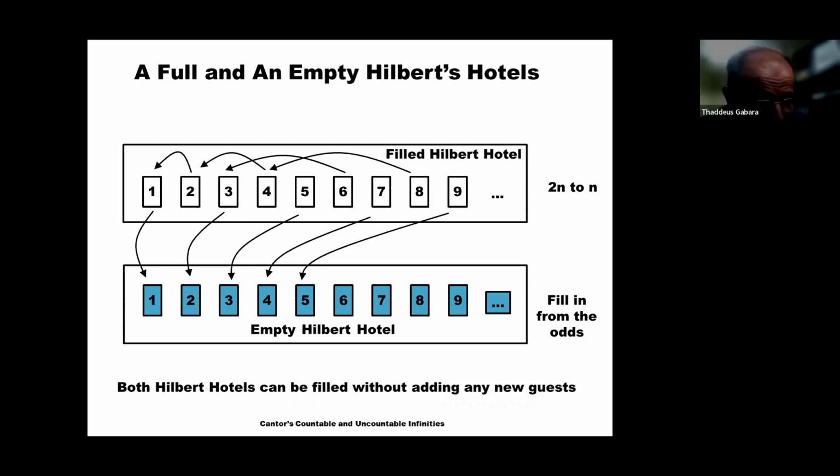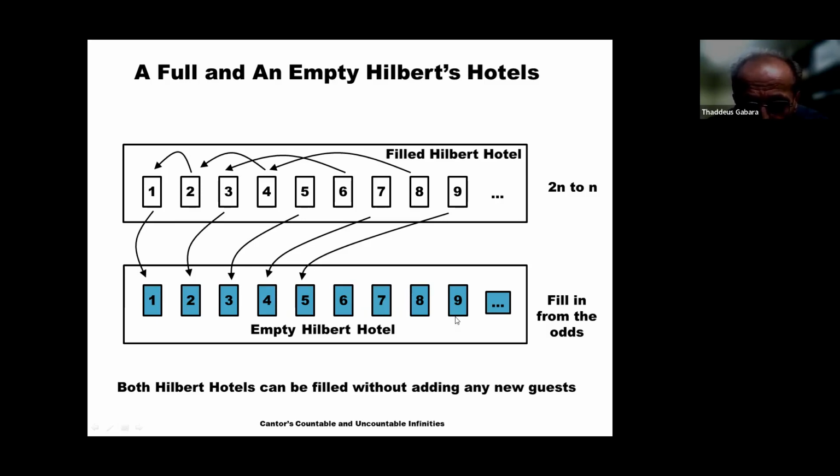Now, Hilbert made a lot of money selling to those infinite guests. So he actually built another Hilbert hotel, and it was empty. And he goes, but how am I going to fill it up? So he says, all right, everybody in the odd rooms, go out and fill up my empty